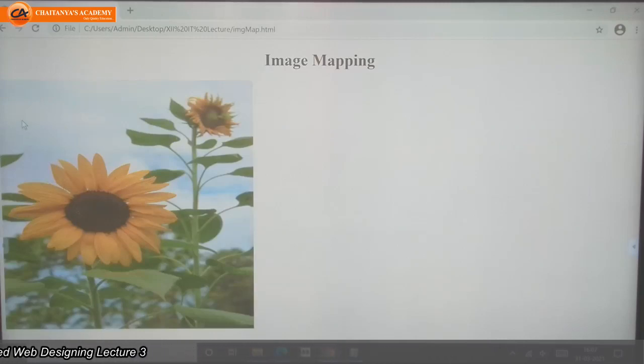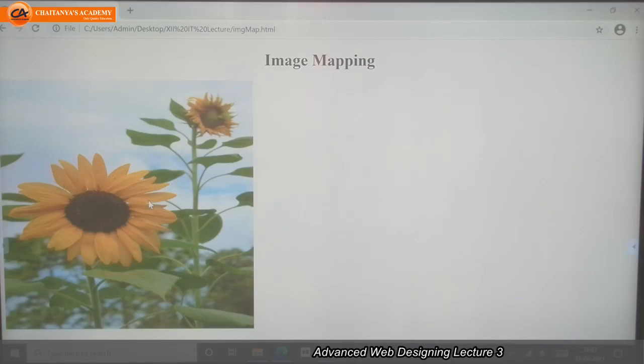So which area is the clickable hotspot? Hotspot means what? Image map means the image with multiple hyperlinks. See, I am clicking a hyperlink. If it is a hyperlink, my pointer will change. Now it is a normal arrow pointer. See, here, here, here, now it becomes a hand pointer. So this is one hyperlink. Then again